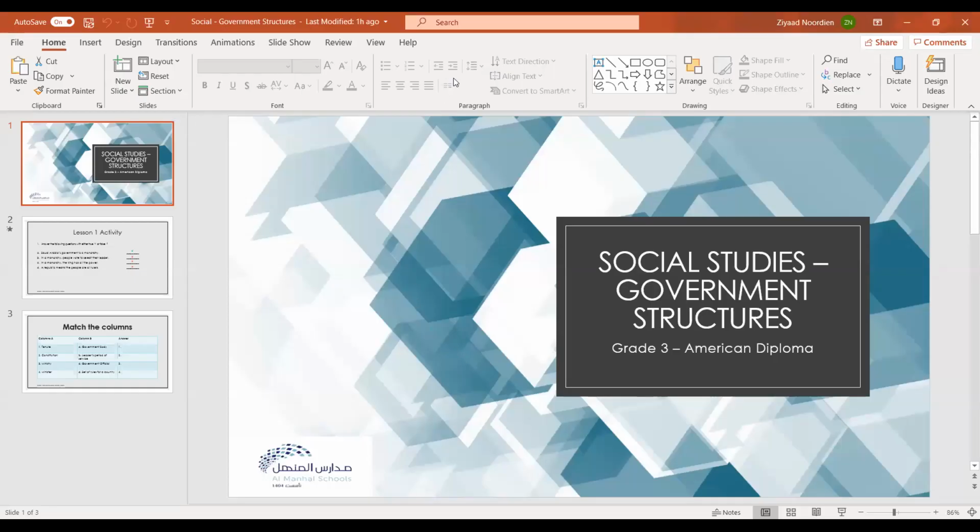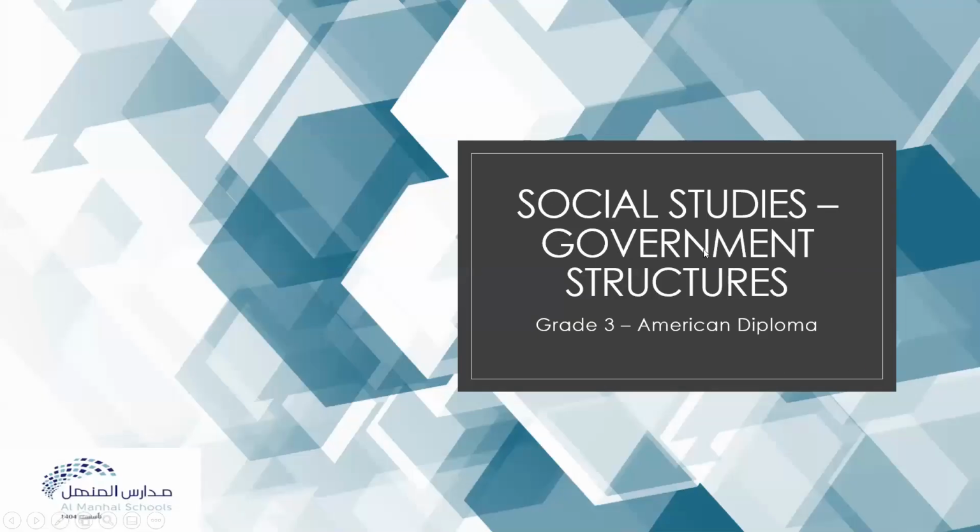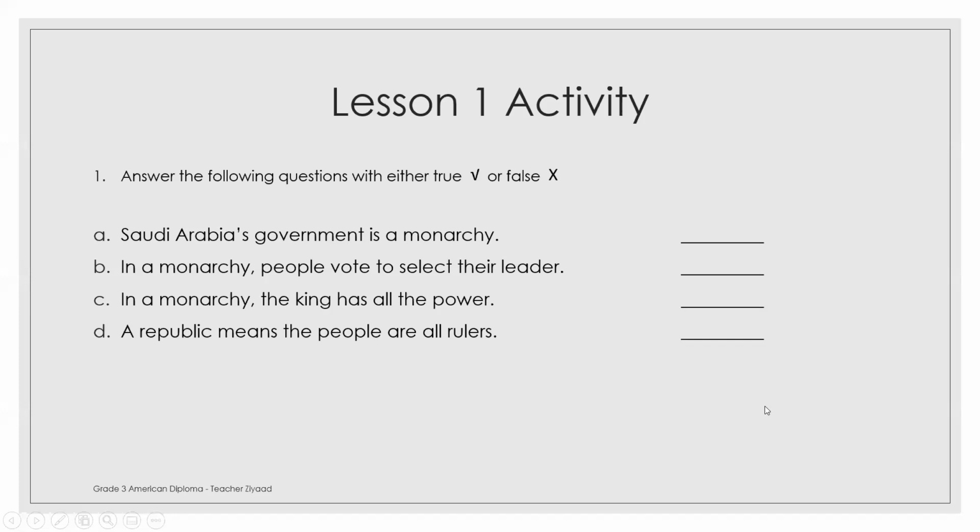So in this lesson, I'm going to take you through some of the questions that you have in your activity book, and please follow in your book so that you can have a look and accurately answer them. I'm going to share my screen with you to show you the little questions that I've extracted from your book. I'm just going to make this slightly bigger. Do not worry, this is not English. It says social studies government structures. The presentation just looks very similar. For true or false questions, you simply put a tick or an X next to each question. We'll jump right in if you're ready. You can always track back, rewind or pause the video if you want to jot down the answers.